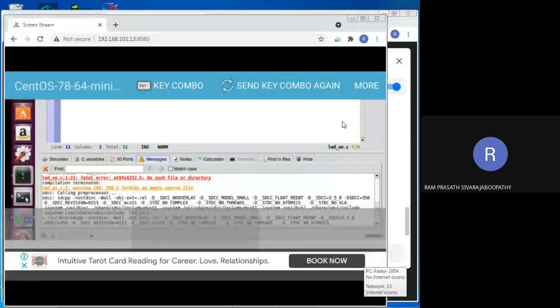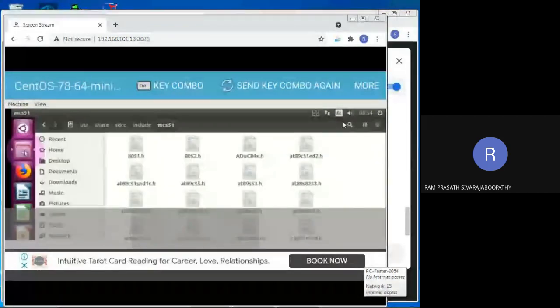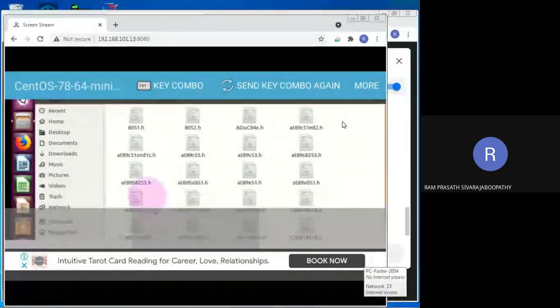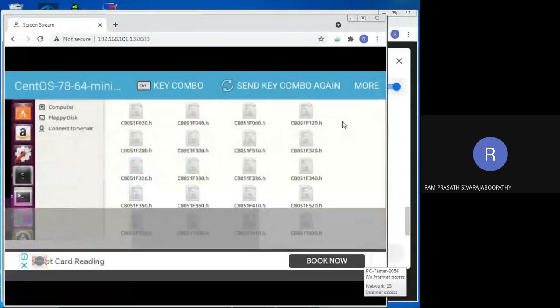Wait a moment, we will check. AT89 capital S. Okay, S is capital. Sorry. See, it is case sensitive. So S alone we have to change.